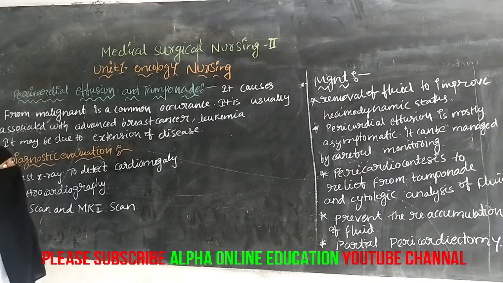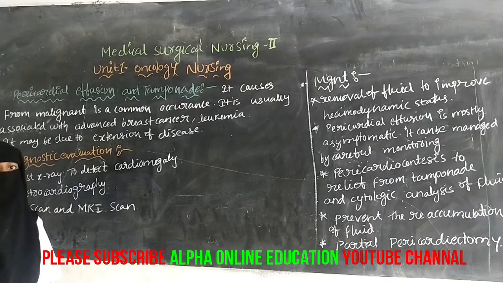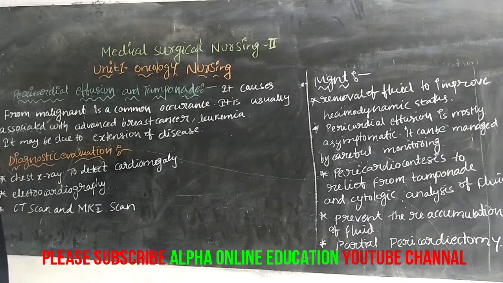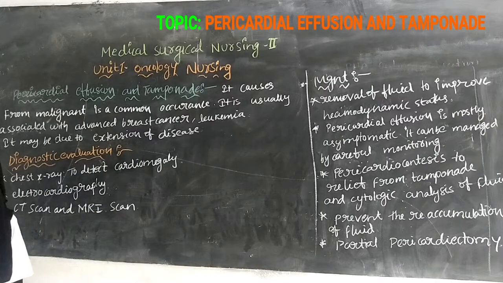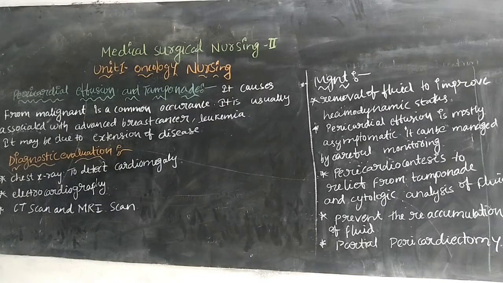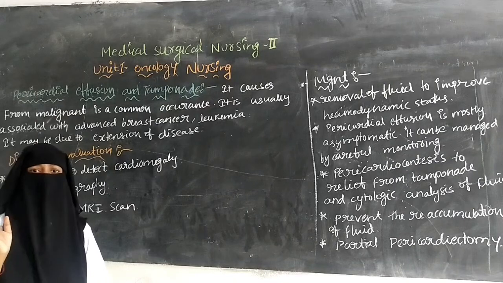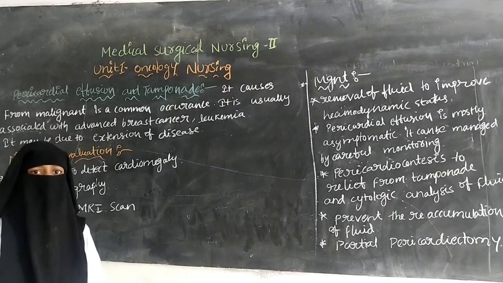Today we are going to discuss Medical Surgical Nursing 2, Unit 1, Oncology Nursing, and in this we are going to discuss pericardial effusion and tamponade. So we will discuss pericardial effusion. The pericardium is a double wall sac